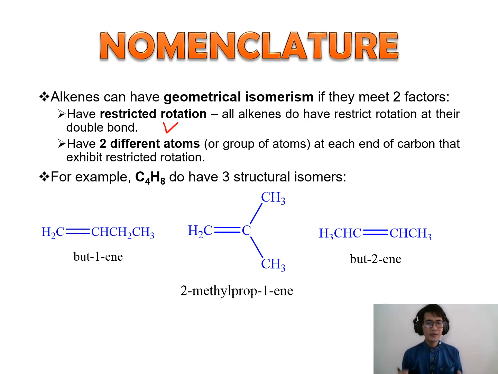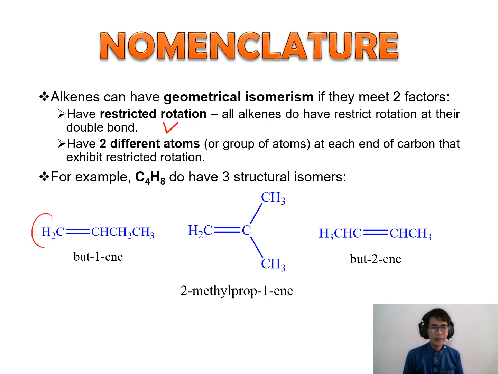So in this topic, the restricted rotation is due to the presence of the double bond in the alkene structure. And syarat yang kedua, yang ni not all alkene akan patuhi. Okay, kalau syarat pertama tu semua alkene akan patuhi. But syarat kedua, have two different atoms or group of atom in each end of the carbon that exhibit restricted rotation. So kalau kita tengok the three structural isomers of the C4H8, but 1-in tak boleh jadi geometrical isomerism because